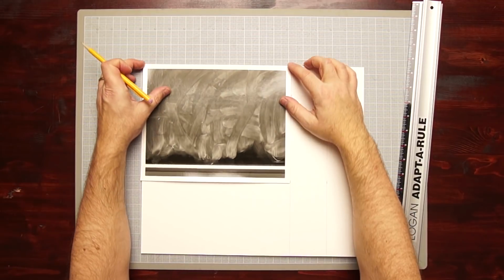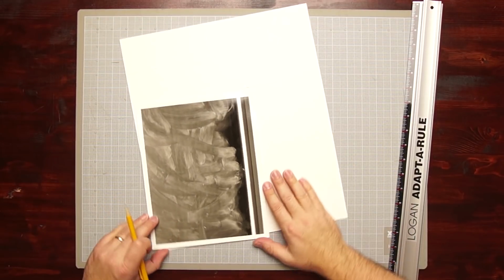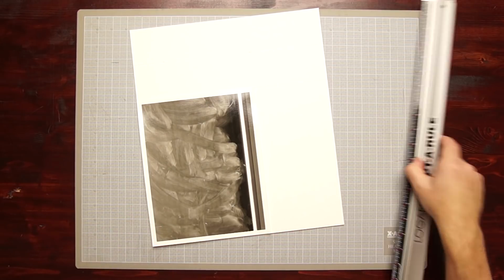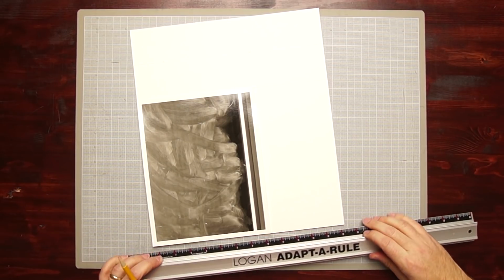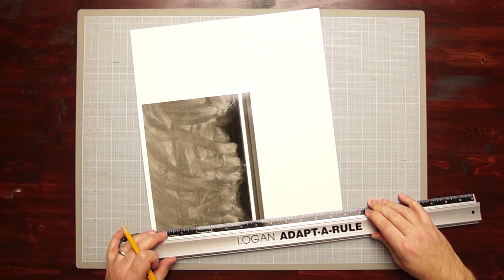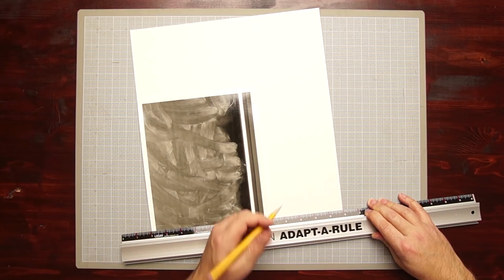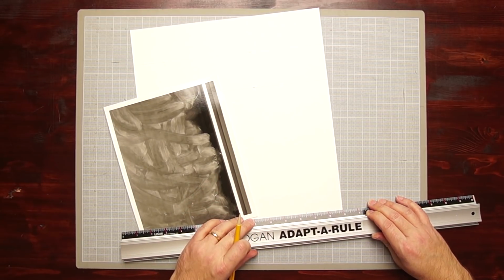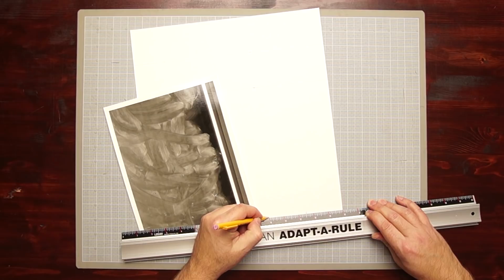Now place the paper back, top left corner. I'm going to do the same thing with this gap. And I've got the same measurement. So split it in half, mark where the paper was,